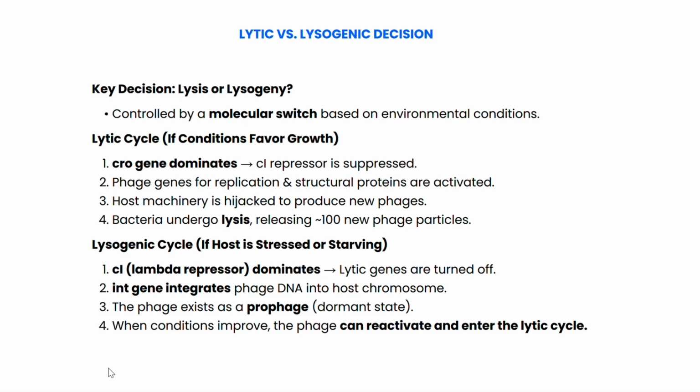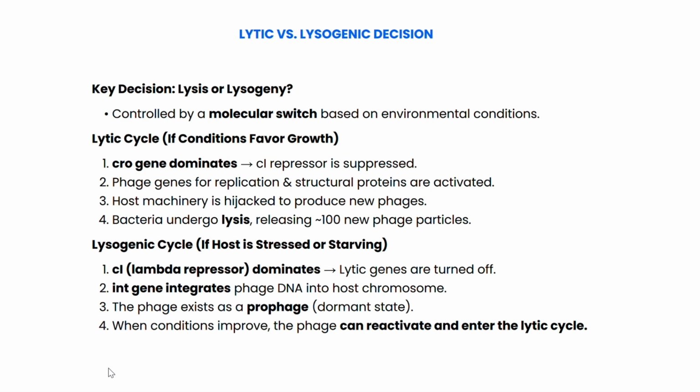Now comes one of the most fascinating aspects of lambda phage biology, the decision between lysis and lysogeny. This decision is not random, it's a highly regulated genetic switch influenced by conditions inside the bacterial cell. If the host cell is healthy and growing, the phage prefers the lytic cycle. This means it immediately replicates, produces new virus particles, and eventually bursts the cell open, releasing about 100 new phages